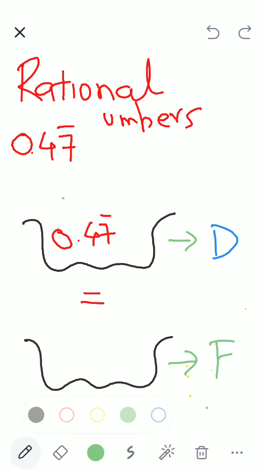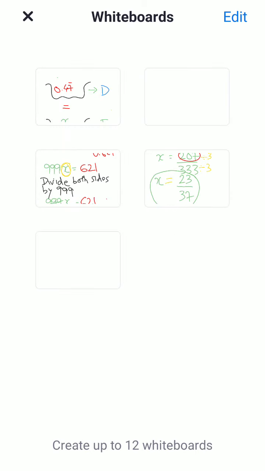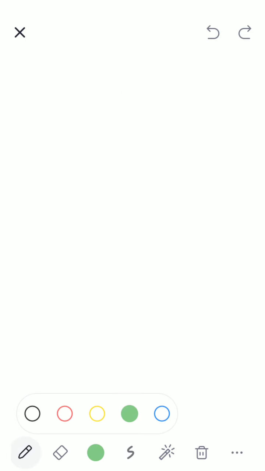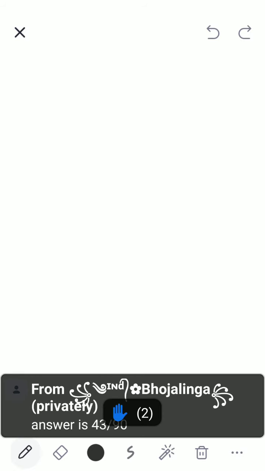What will you write? So my fraction bag will become x. 0.47 has to be converted to fraction. So the decimal bag has 0.47 recurring, only 7 is recurring, and the fraction bag has x. So what is my first step? Look at a book. Tell me. So what is the first step? Raise your hands, those who know. Yes, Shubha.